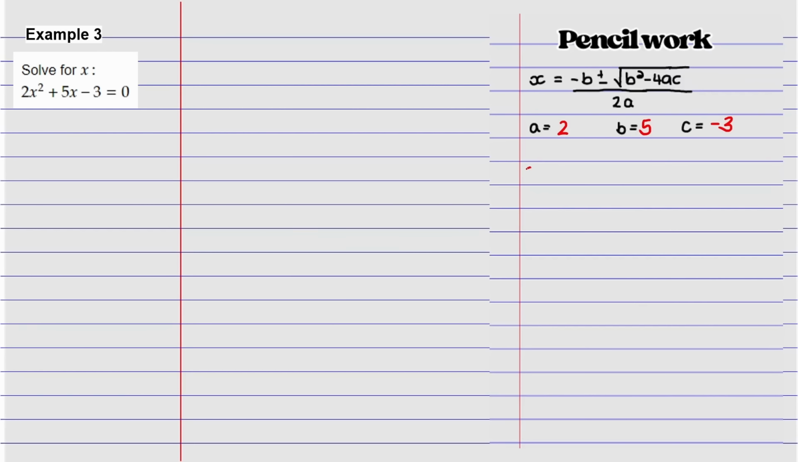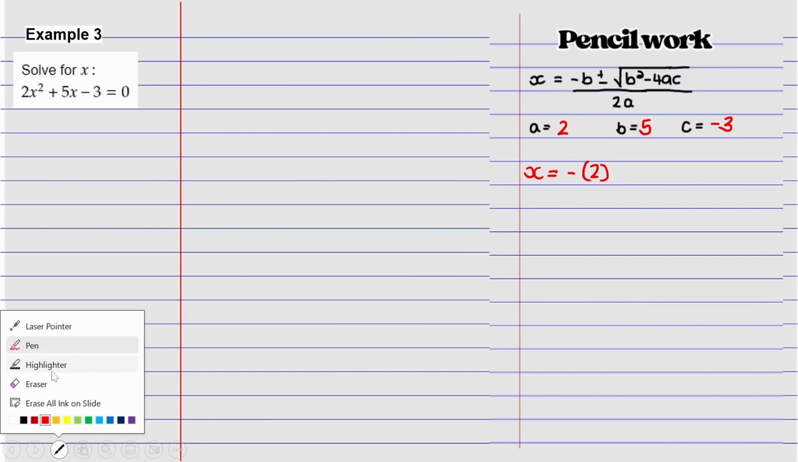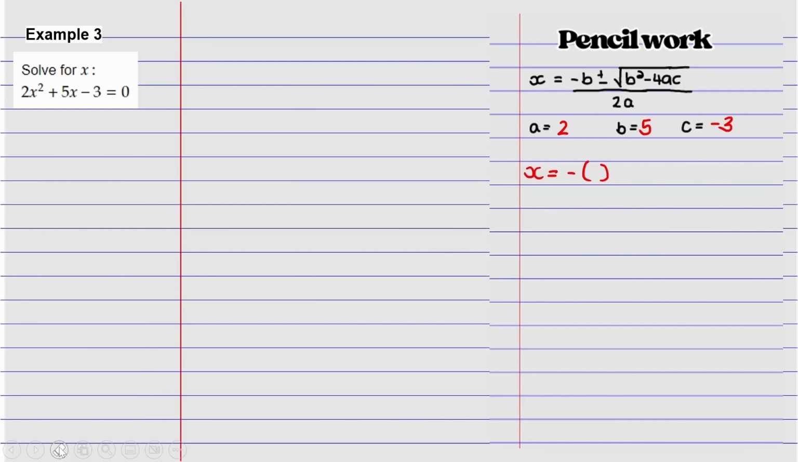So substitute that. It's going to be x equals negative, then it's going to be 2. No, not 2, it's going to be 5, because that's B, my mistake. So it's going to be 5, plus or minus the square root of 5 all squared minus 4 times 2 times negative 3, and this whole thing is going to be divided by 2 multiplied by 2. Then when you punch that into the calculator,